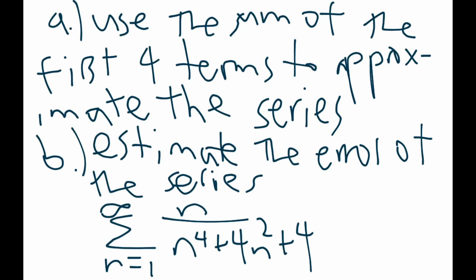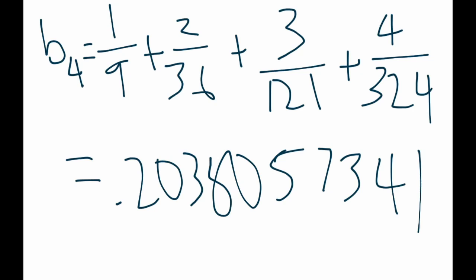Use the sum of the first 4 terms to approximate the series. Part B is to estimate the error of the series sigma from n equals 1 to infinity of n over n to the 4th plus 4n squared plus 4. So the first 4 terms equals 1/9 plus 2 over 36 plus 3 over 121 plus 4 over 324, which equals